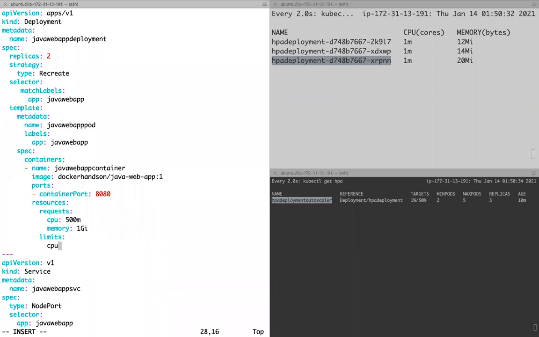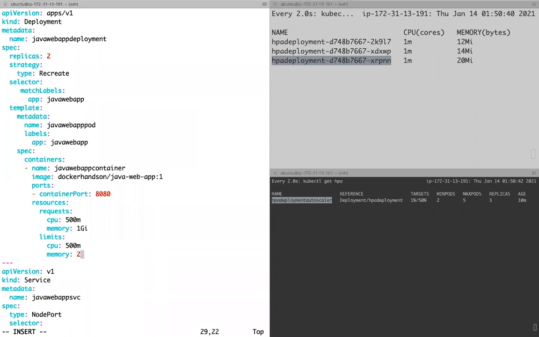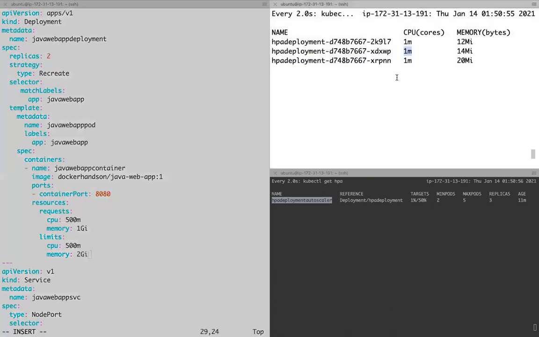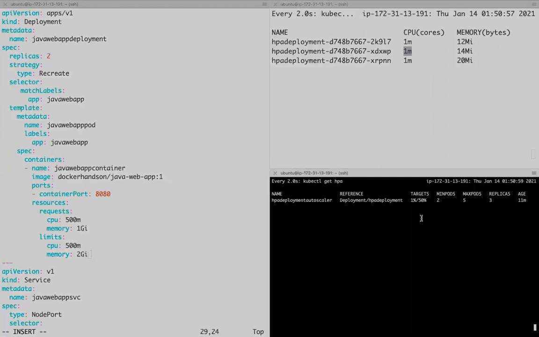You can define limits also. It should be equal to or greater than the request. Something like this, memory 2 GB. So the moment it reaches 50%, it will bring up more pods. That is your condition, right?